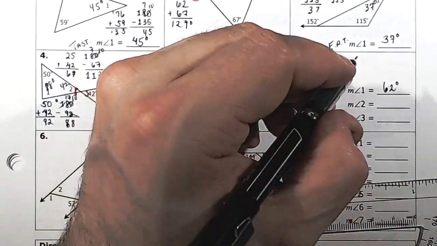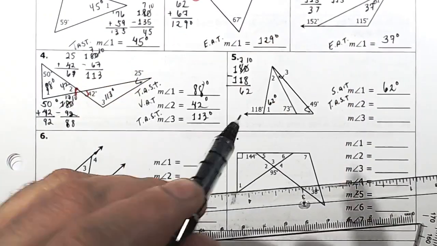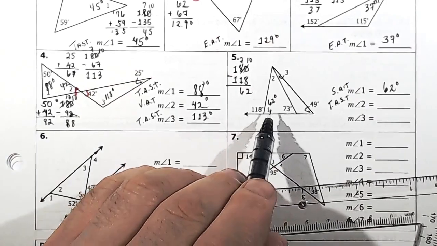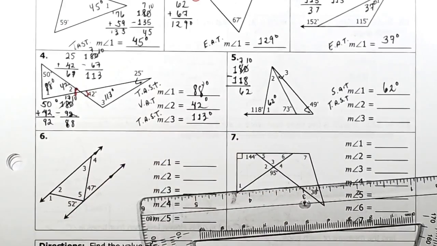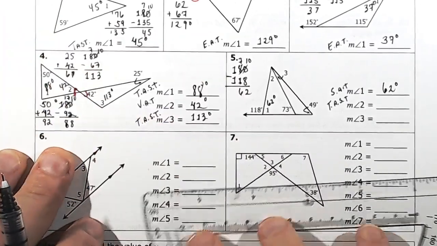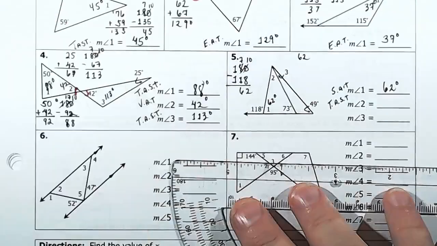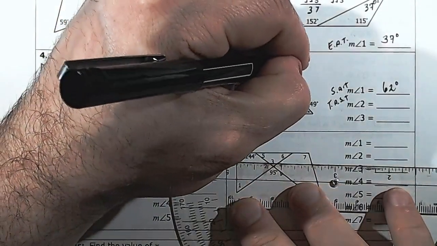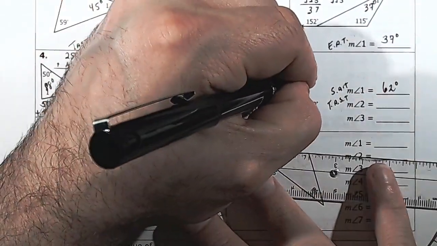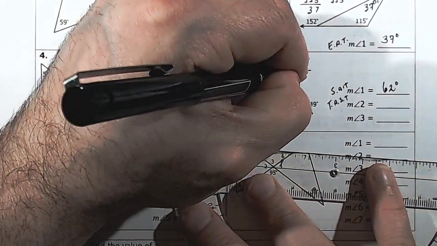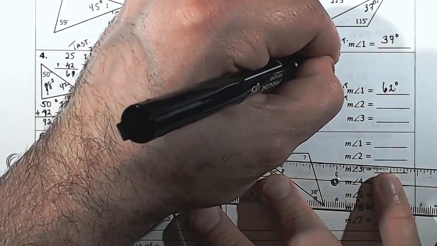For angle 2, we can use the triangle angle sum theorem because we have these two angles inside this triangle, and all of these angles, angle 2, 62 degrees and 73 degrees, have to add to 180 by the triangle angle sum theorem. So if I add 62 and 73, 2 plus 3 is 5, 6 plus 7 is 13. I get 135. So if I subtract 135 from 180,